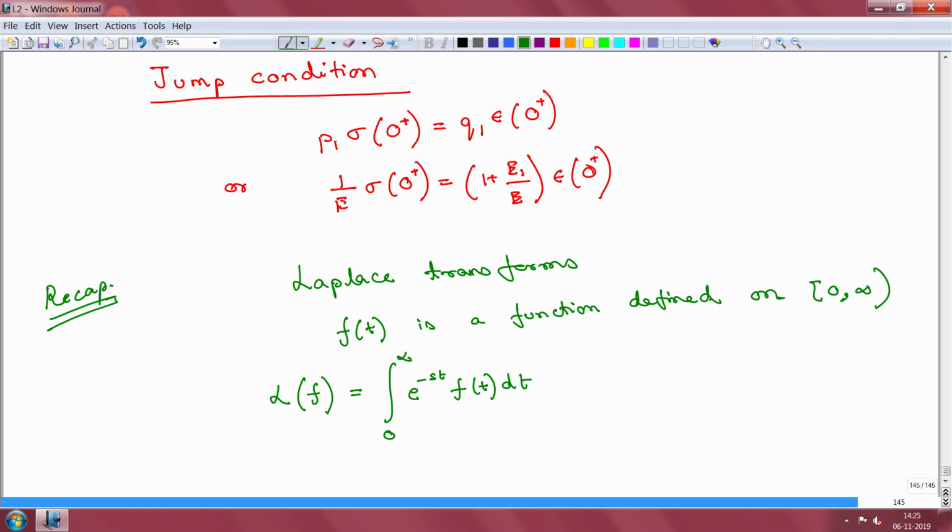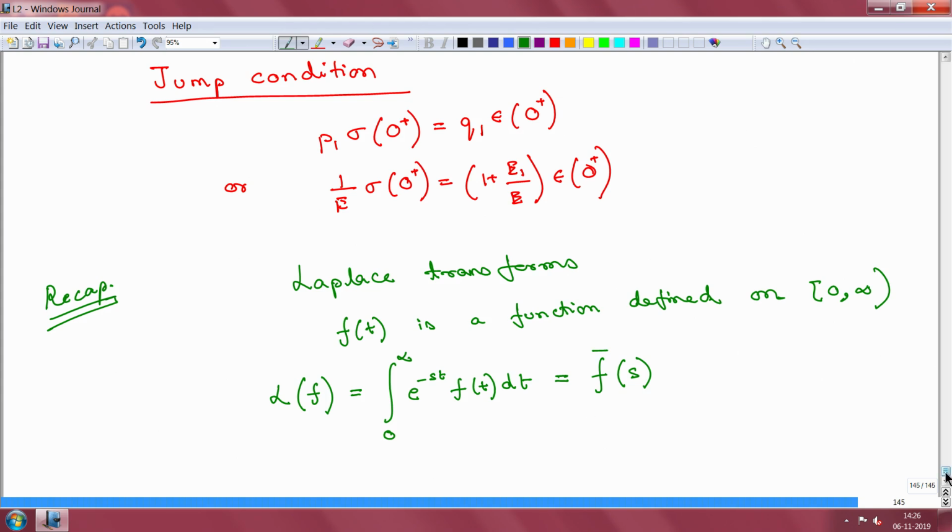For the sake of our solutions, we are not going to adopt this L of f, because this will make things a little bit clumsy, but we will adopt this particular notation. So, we will use f bar and we will say it as S. So, f bar denotes the Laplace of f, and instead of it being a function of time, it is now going to be a function of the Laplacian variable S in this case. Please do not confuse this S with the previous S that we used for dummy variable in the integrals. Okay.